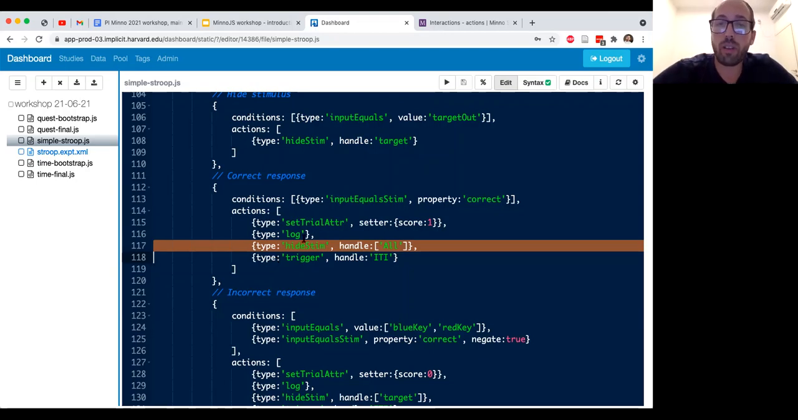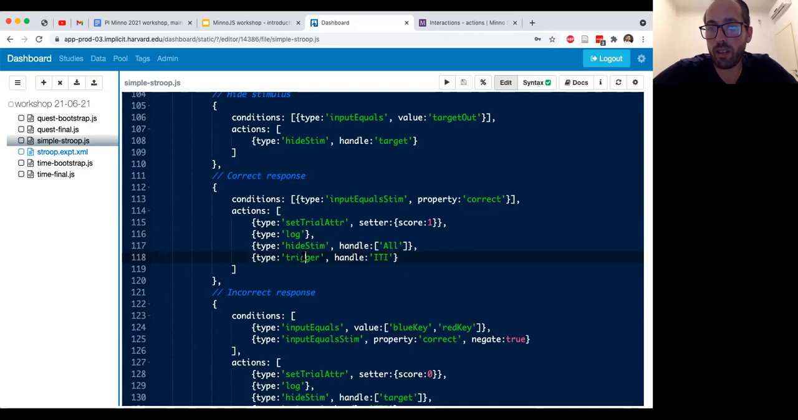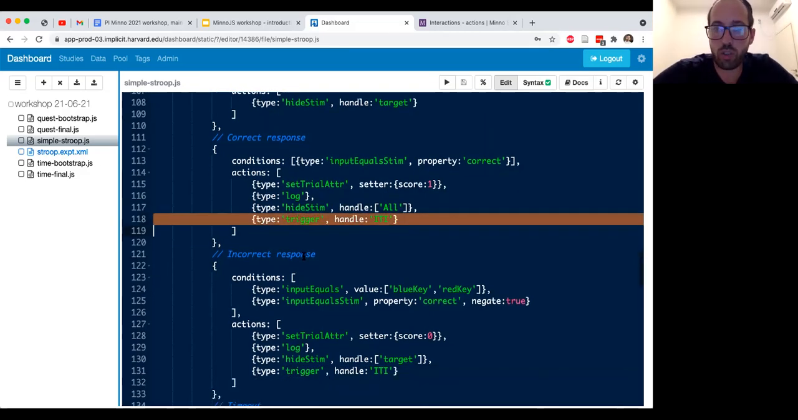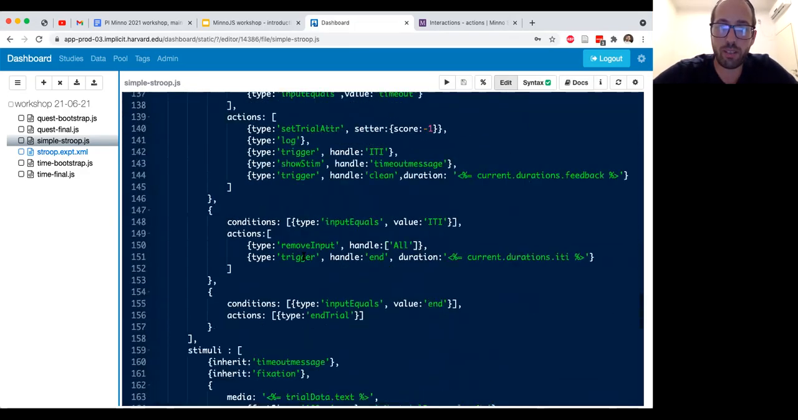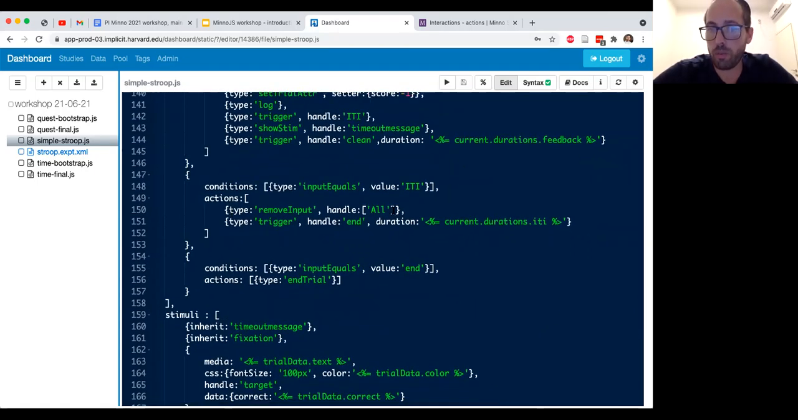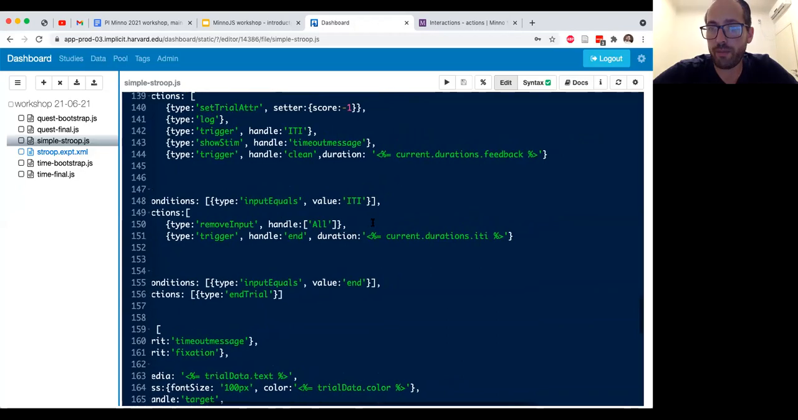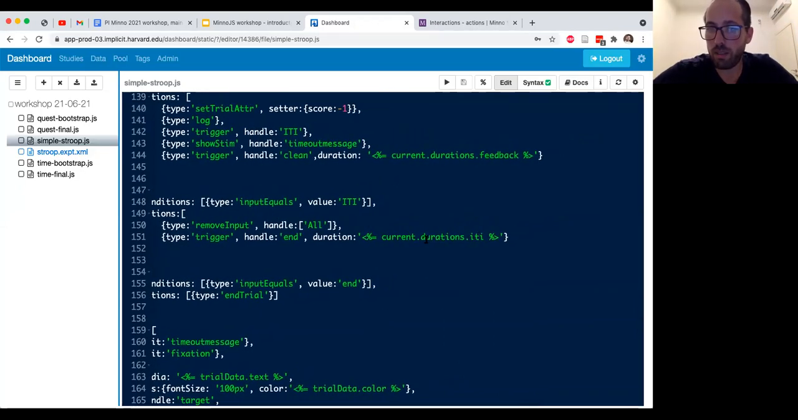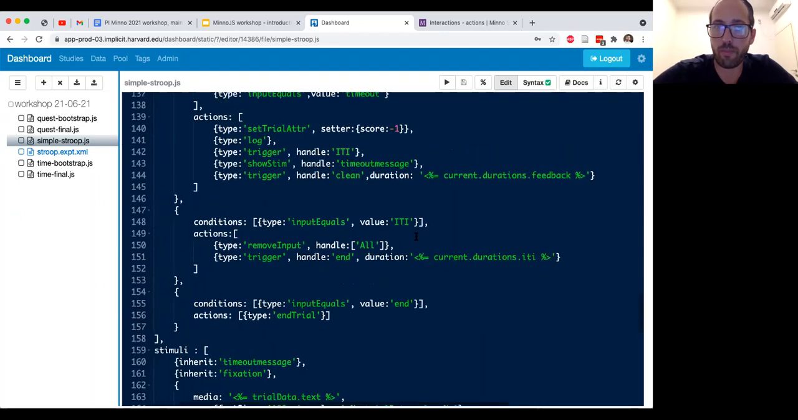And so when there's a correct response, we want to immediately hide the stimulus, and then trigger the intertrial interval. We'll jump there for a sec. And what we do is remove inputs. We don't want people responding anymore, and trigger the end trial after ITI milliseconds, which we take from the current trial above. Okay,